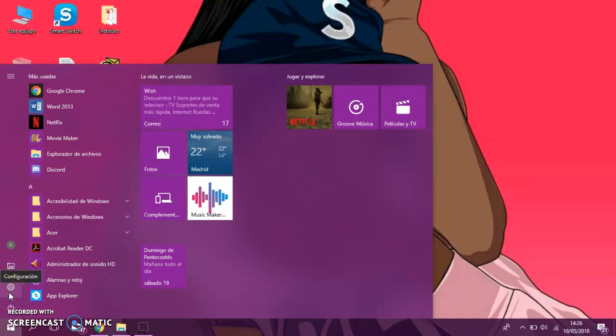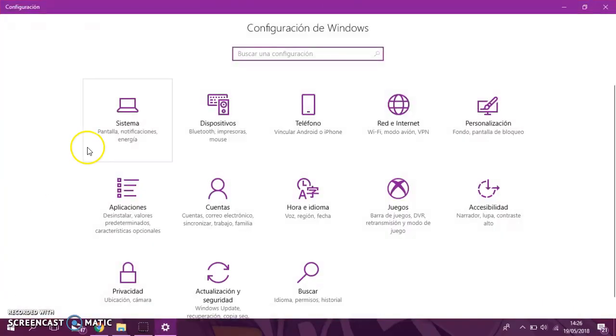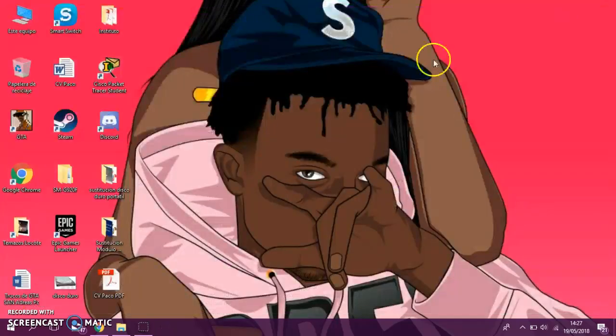The second option is Configuration. As its name says, it allows us to change the settings of the computer, such as system, device, connect your phone to your computer to review our email and more, notifications, net, internet, personalization, applications, accounts, language, video games, accessibility, privacy, update and security, search, and